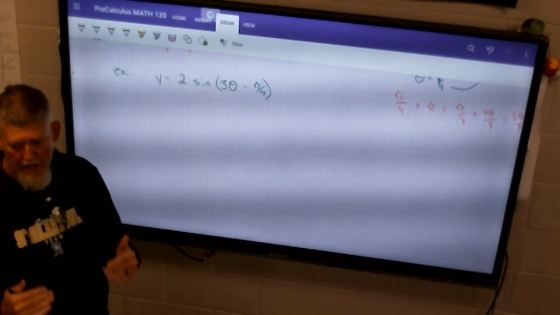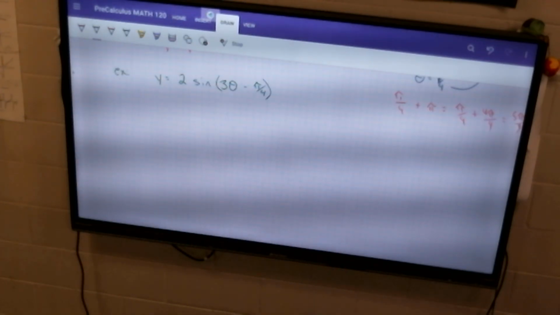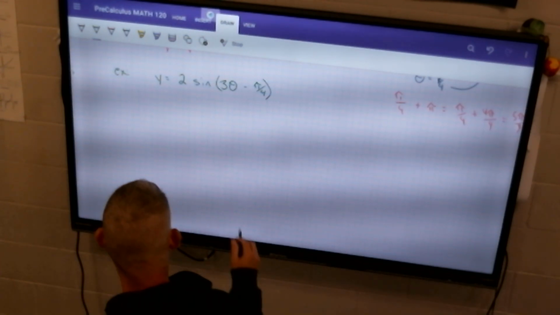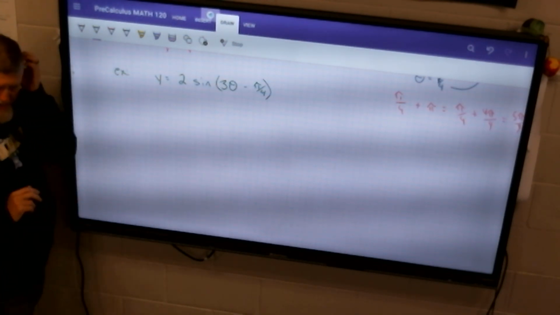No. So then tell me what my range is. How far up am I going to go? 2. How low am I going to go? -2 to 2. So there's my range. It changes my range. I haven't changed the central line, the midline. So it's just going to affect the amplitude. Okay? All right. So then we have made a phase shift and we have made a